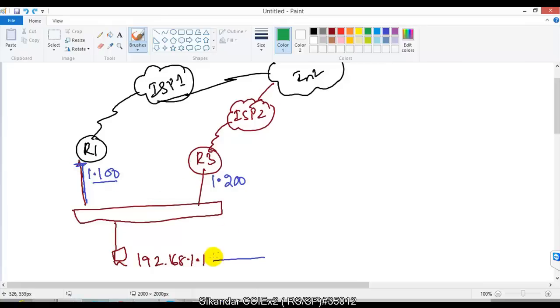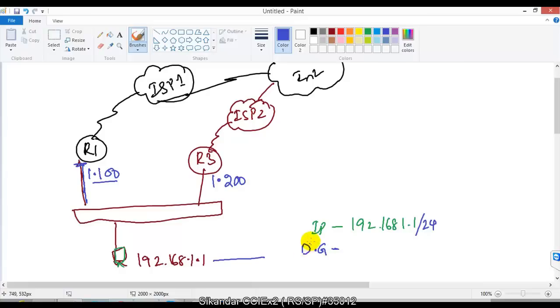But now the question is, on this PC I need to set the IP address. In my case, 192.168.1.1 is the IP address of my user. Other users may be using 192.168.1.2, 1.3, and it will go on. The subnet mask, maybe I'm using /24. Now I need to define the default gateway for my LAN users.